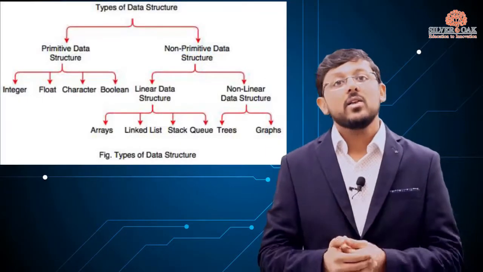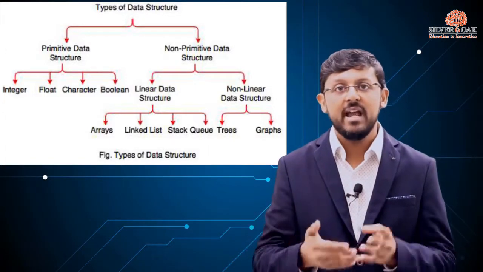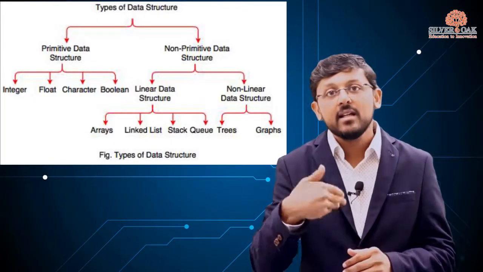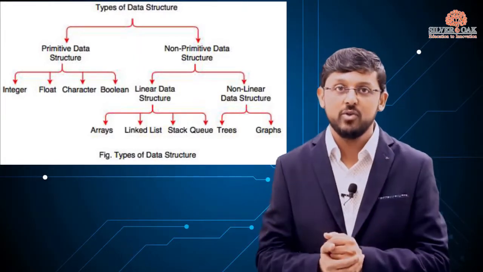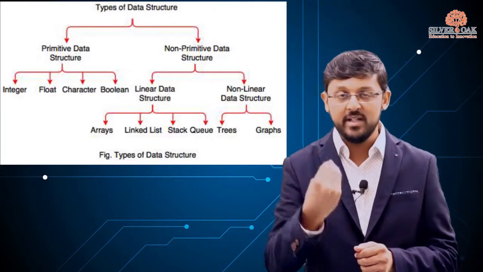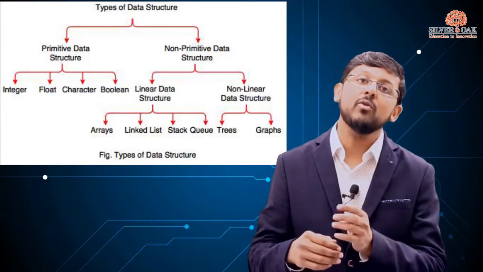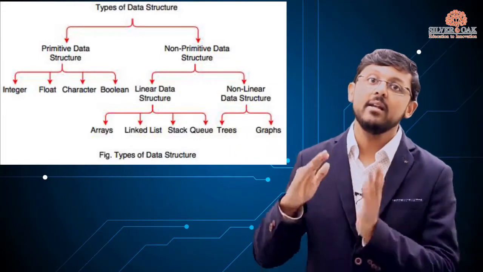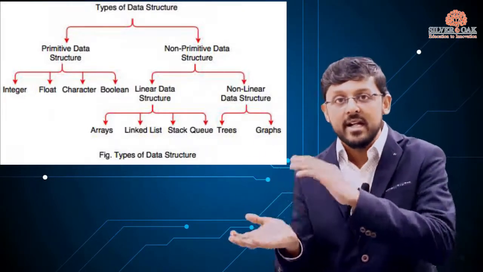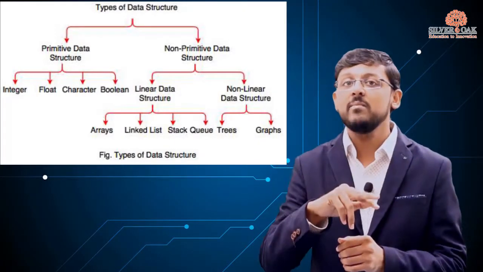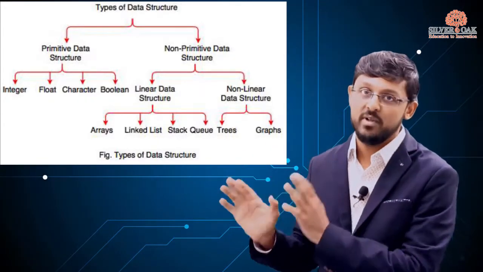Again, array, as you know, is a fixed size sequential collection of elements having the same data type. Then stack, if we talk about it, is last in first out. It is again a non-primitive linear data structure in which insertion and deletion of elements occurs from only one end and in last in first out manner. So the most recent element will be deleted first, and the insertion method is known as push and deletion is known as pop in stack.